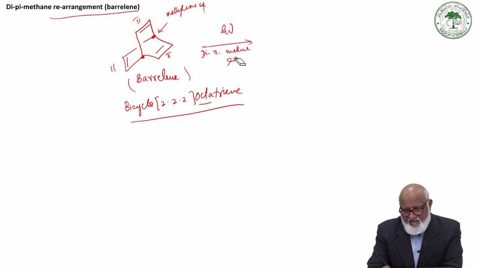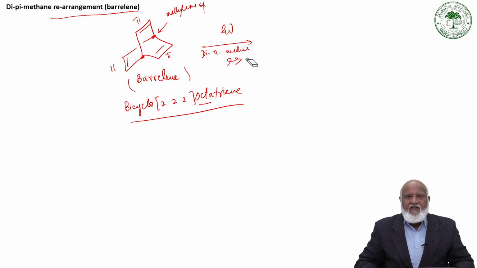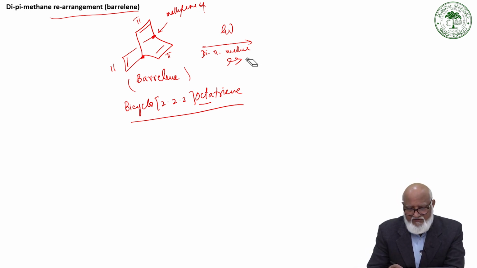Di-pi-methane rearrangement. People have tried cyclic systems because earlier we saw that an open chain is going to give you a 3-membered ring. If we take a monocyclic system, it generates a bicyclic system with the construction of a 3-membered ring, and that was the main aim, to see how this reaction goes. So if we take these two double bonds, under irradiation and excitation of one of the double bonds, either this or this, we get a diradical species with a cyclopropane.